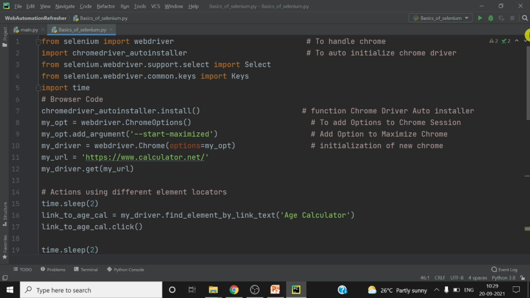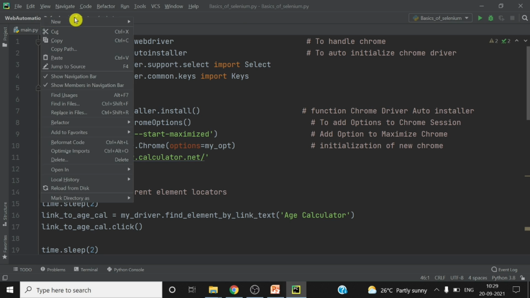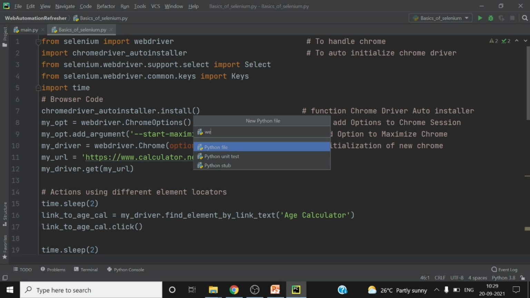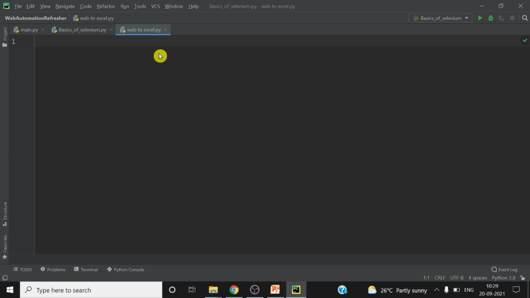This is the already done project, so I will just add a new file into this Python project. Right click, new, add Python file, web to Excel. Okay, so the first thing we require is the library import requests, so that we can send a request to the URL.